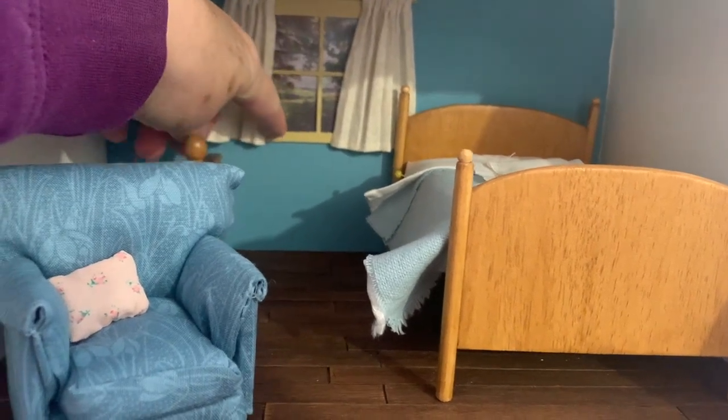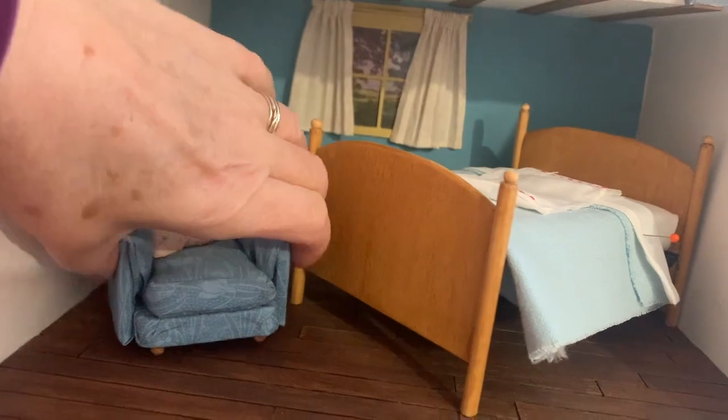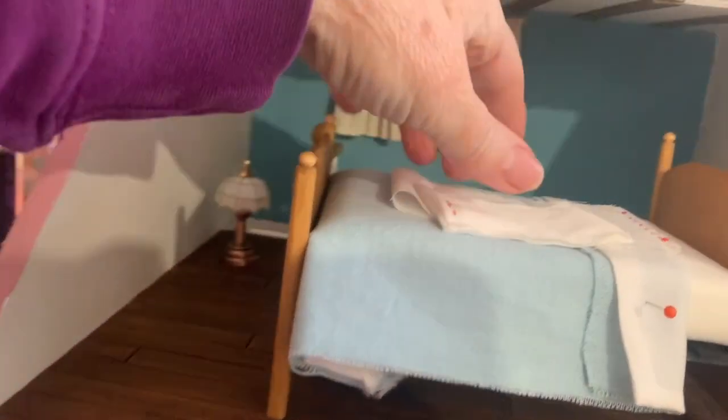So yes, it's got its fake windows. I think I'm going to have to stick down the curtains, stick them back a bit, because they're a bit spready outy. I've been making a bed, and this is, move that out of the way, battery operated lamp. We'll move that out of the way for now. So it's not finished. I haven't made the pillowcases,